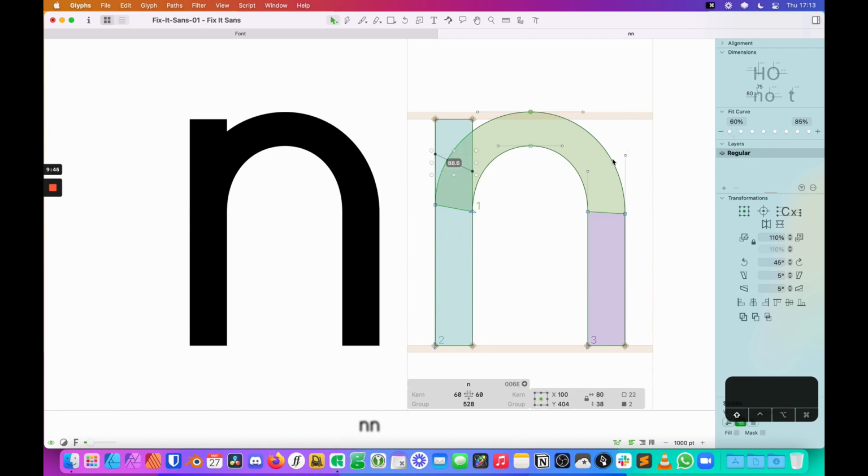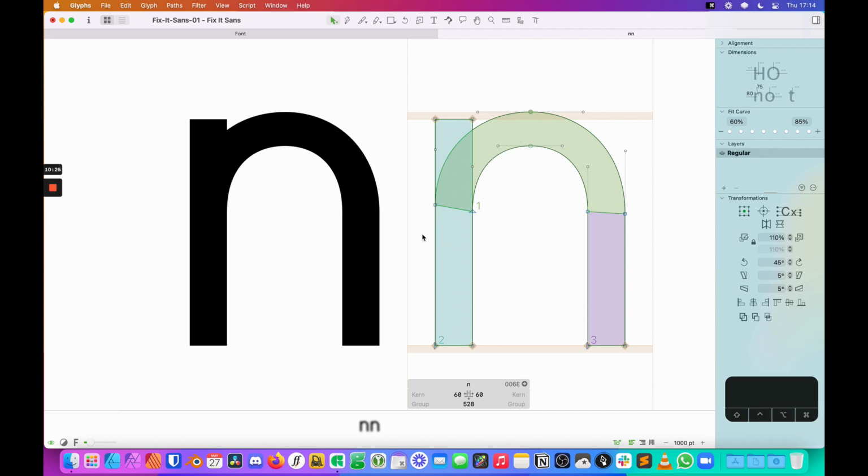Another thing I could do if I wanted, and it actually gets to my next point about this curve up here where it looks just a little bit too perfect. If I hold down the Shift key and select the Bezier handles, and maybe I just go up by 10 points there. I kind of went back and forth a little bit. But what this does is it helps even the curve out, gives it more of a natural feel. But it also makes my arc here a little less round, which sounds counterintuitive, but it actually makes it look a little bit more natural as well. So that kind of settles our curve a little bit.